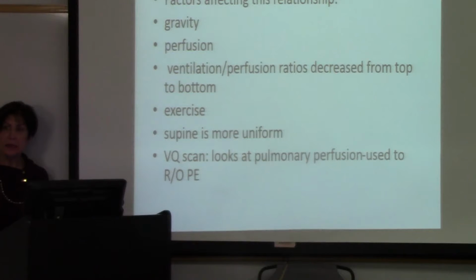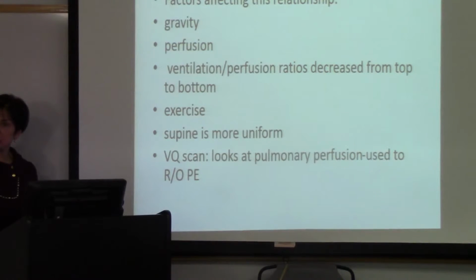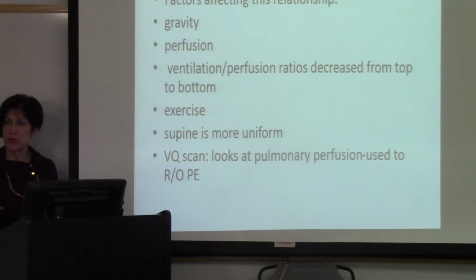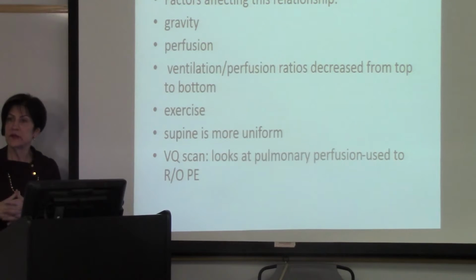You can have a PE, and like I said, the body's really good at compensating. The problem is that you don't want tissue death. The rest of the lung may have been able to pick up enough of the burden that they were oxygenating, but what you worry about with the clot is infarct, tissue death. So you put them on a blood thinner, number one, so they don't make any more clots, and number two, to dissolve that clot so that oxygen is restored to that area of the lung. That way you don't have a pulmonary infarct.